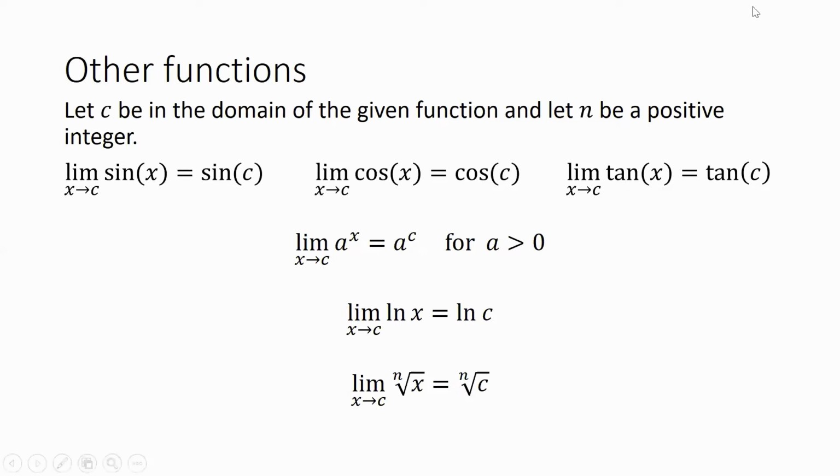Now, there is a slight asterisk that I should put on tangent. I didn't write it down just because it doesn't fit in the margins here. But in terms of tangents, remember tangent is sine divided by cosine. So tangent, you can evaluate this way so long as you don't get zero in the denominator.